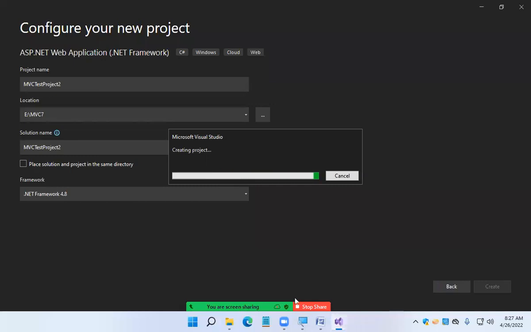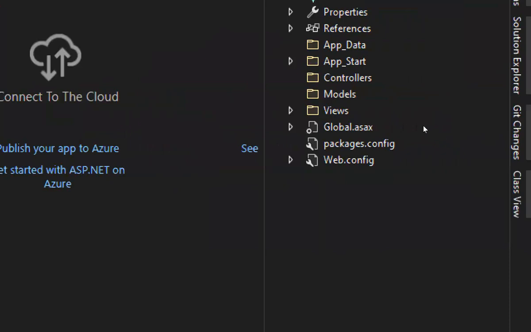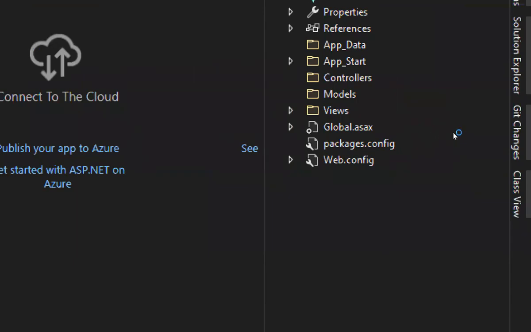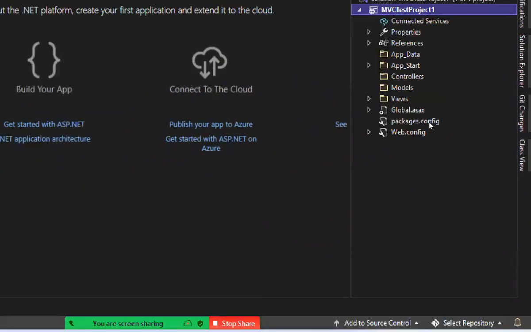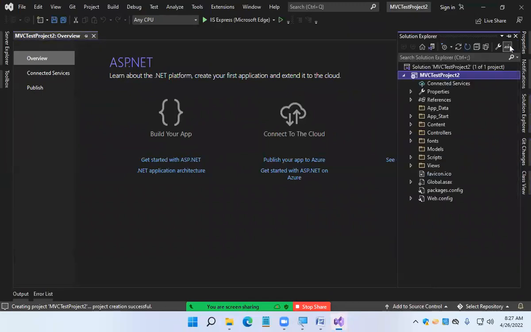See, if you observe the first project that I created, if you explore, all folders are empty except the Abstract folder, which has one class, guys. Controllers folder is empty, Models folder is empty, Views folder has a web.config file. Apart from that, all are empty. But the second project that you created is an MVC project. This is the MVC project, guys.